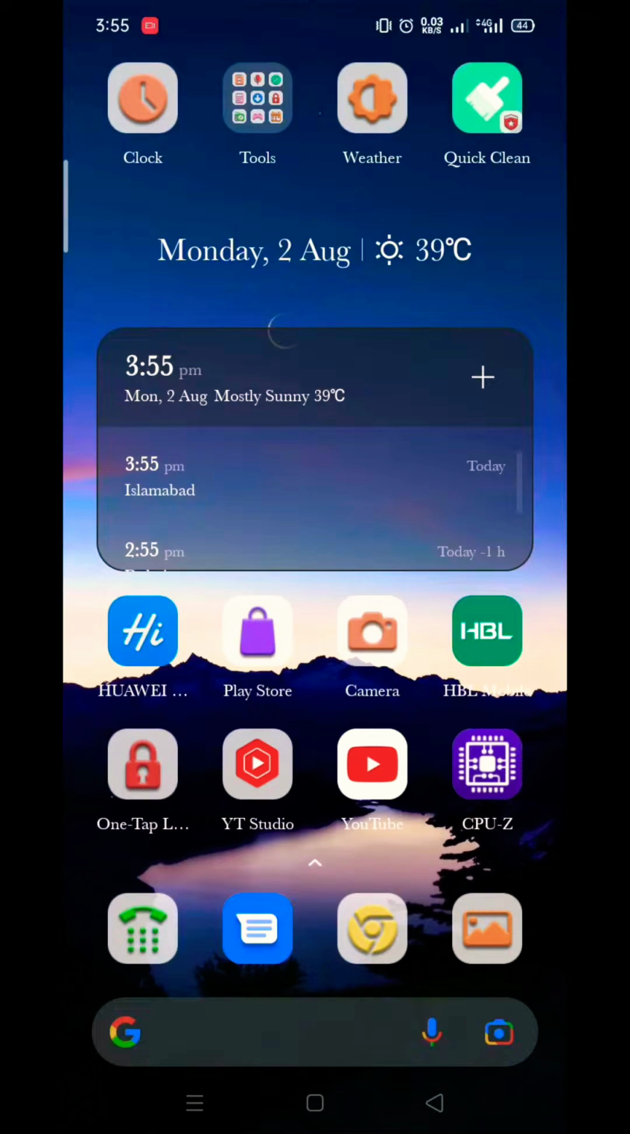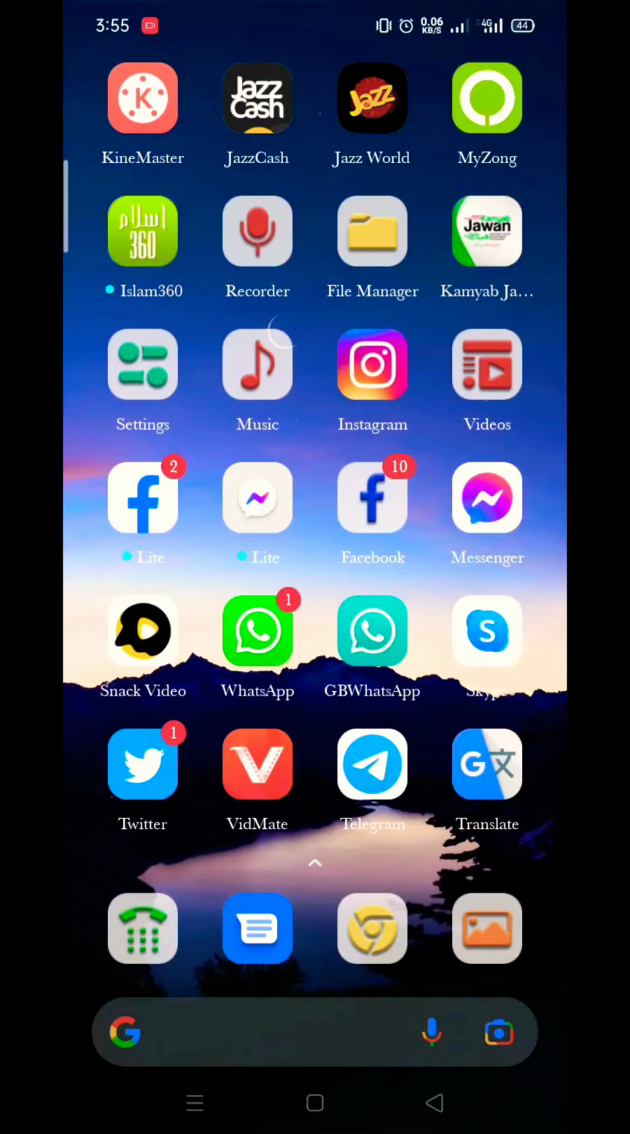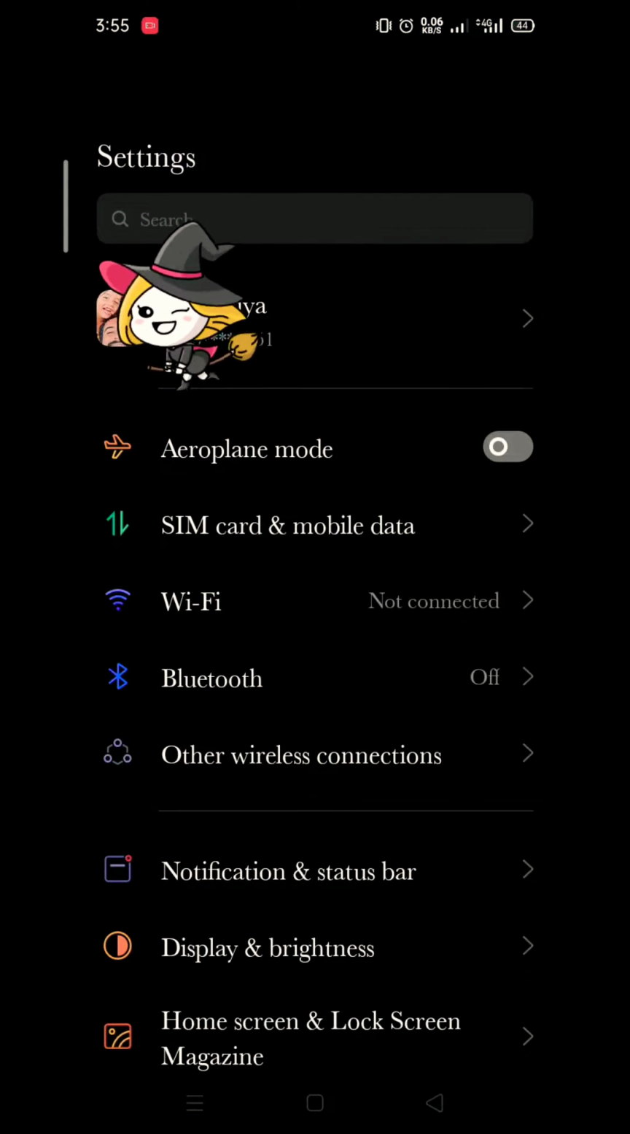My step number 1 is go to your settings and check you are connected with a Wi-Fi router or a mobile network. If you are not connected with a Wi-Fi or cellular network, please connect it and try to log in. My step number 2 is